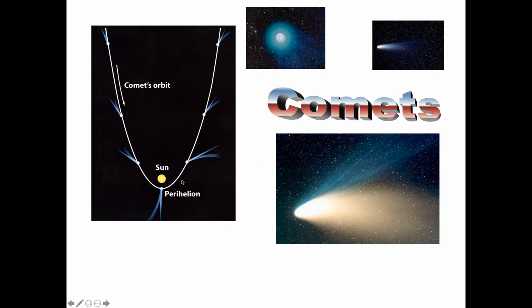In fact, when the comet passes the sun, slingshots around it, the tail of the comet is actually in front of the comet in its orbit. It's leading the comet. So tail can be a little bit misleading in that regard. Well, what exactly is a comet made of? And how will that help us understand why comets have tails where asteroids do not?